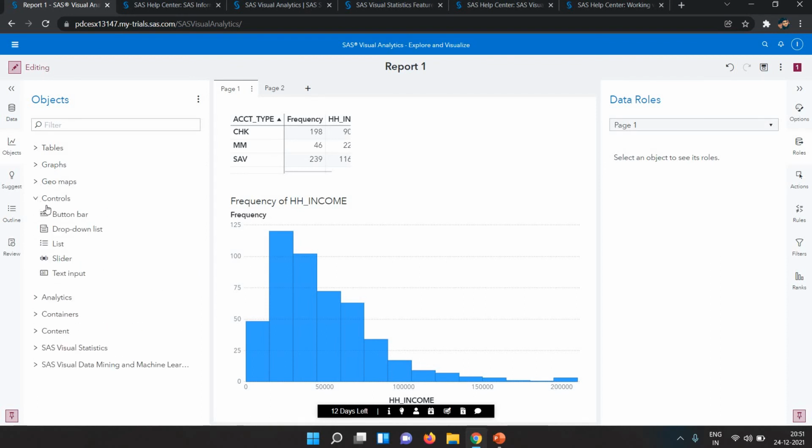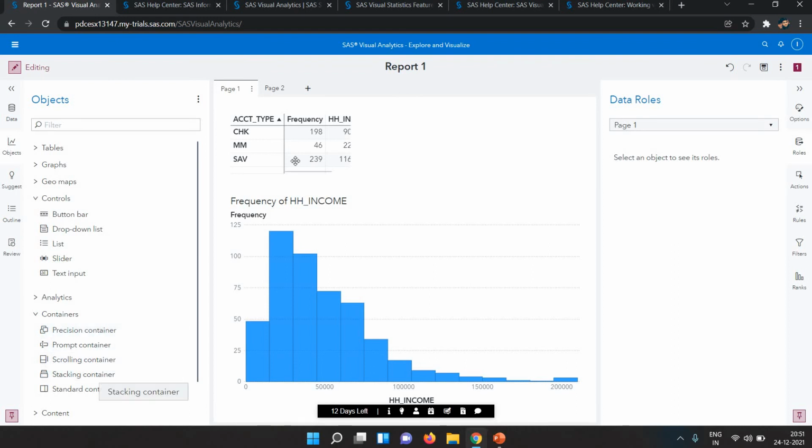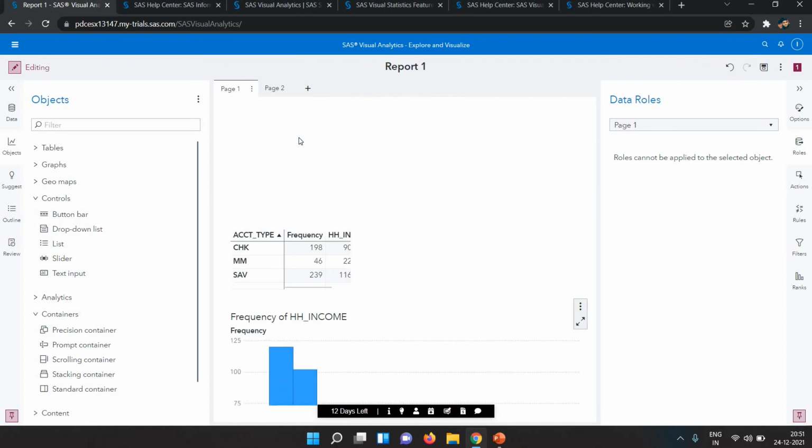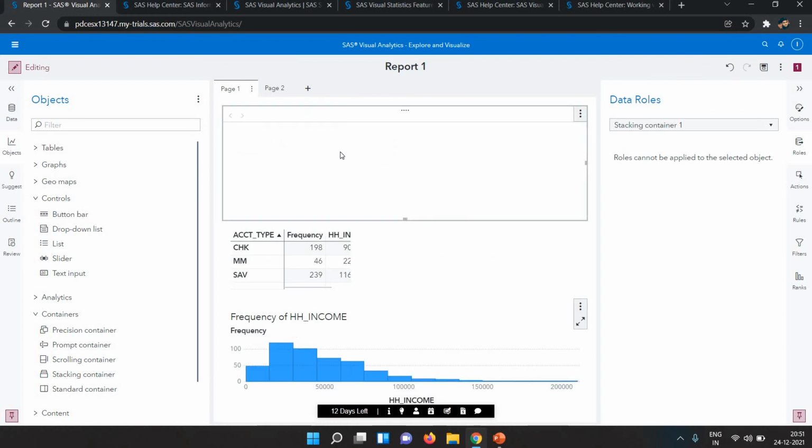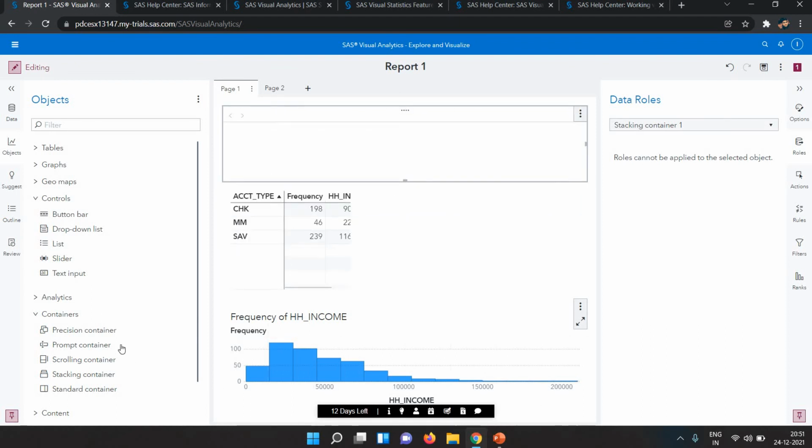Okay, this is the containers. Stacking container. This is the second stacking container, so that will be the upper one, and this will be shown on the top.